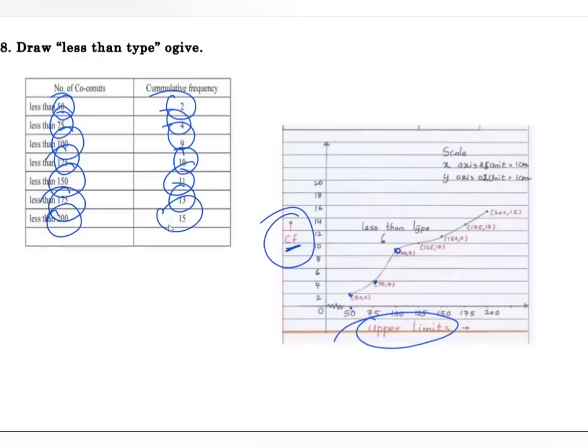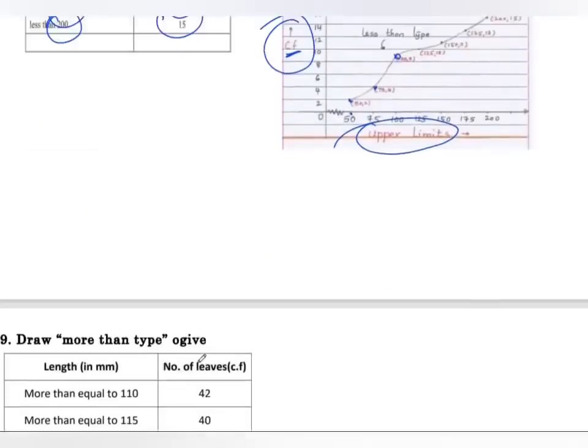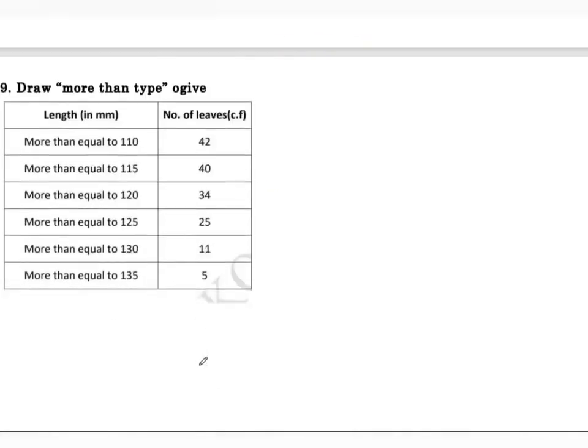In case they give the class interval and frequency, you should calculate the cumulative frequency. Then you should take the upper limits and plot them with the cumulative frequency. Also, scale is very important. Write the suitable scale that you use in the exam. This is a question for your practice. Here also no need to calculate the CF. What you should do is just plot the